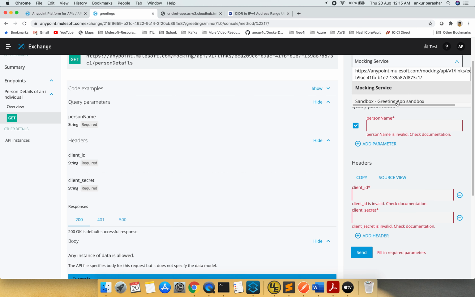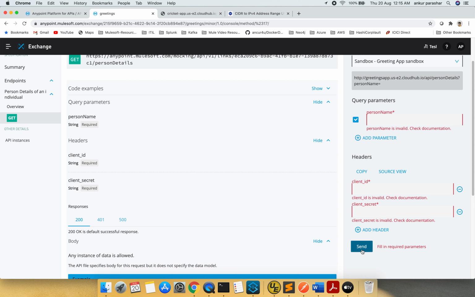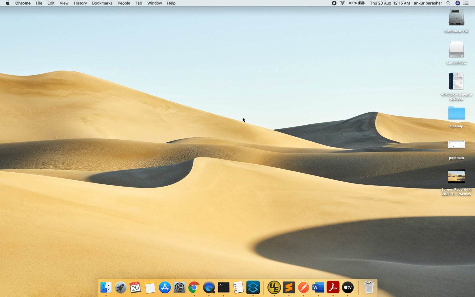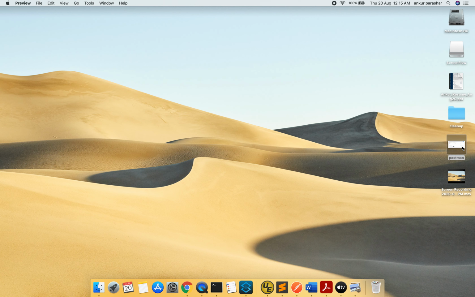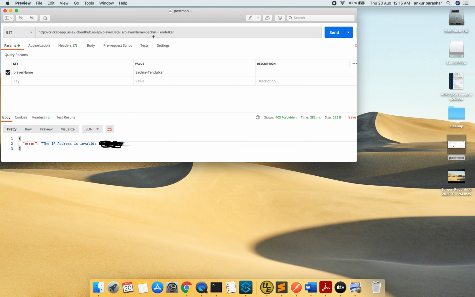It will be something in the sandbox, and if you click on send, since the IP address which you just mentioned is your local one, it will give an error, similar to one I have already captured in one of my sessions, something like this. The same URL will be there, and the IP address is invalid.